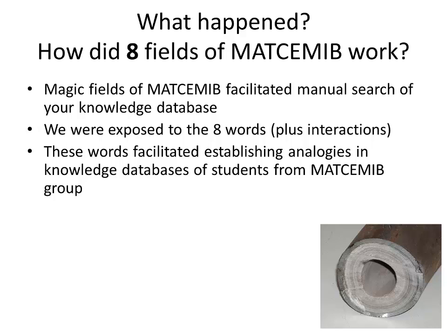Because in the past they learned something in physics, chemistry, biology, or they might have read or seen analogies, and these 8 fields, 8 words and interactions basically triggered those analogies